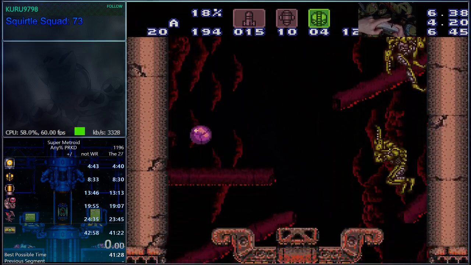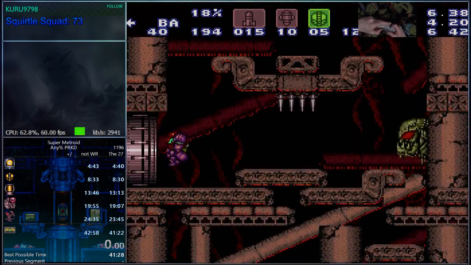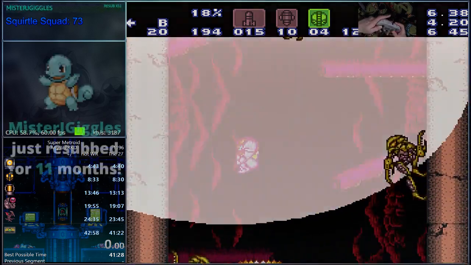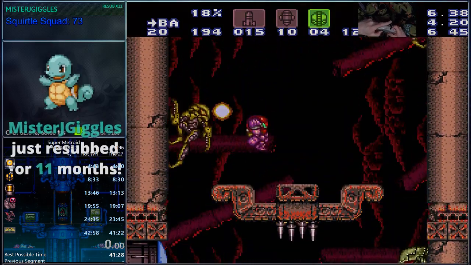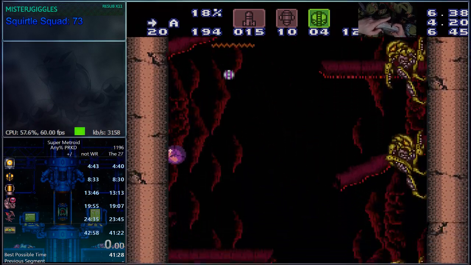Now for the top half of this room. See, I wall jumped right next to the wall there and I bonked. Also, you need to go fast here, because if you don't, like if you wait, you're either gonna get bonked by one of those pirates' lasers,